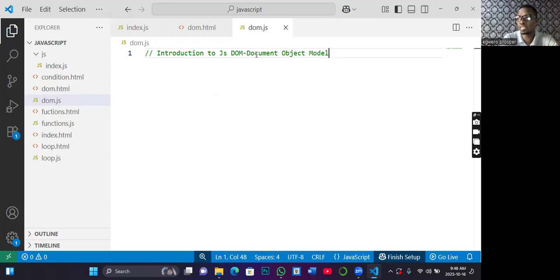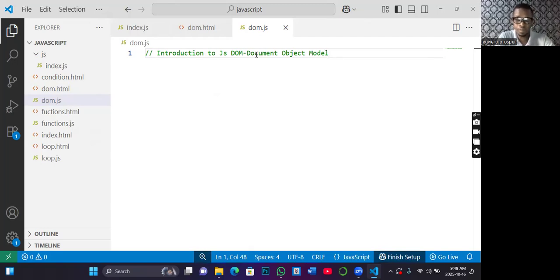That is the full meaning of DOM. And how do we define it? JavaScript DOM is a programming interface